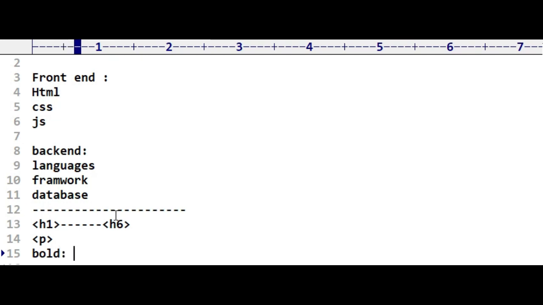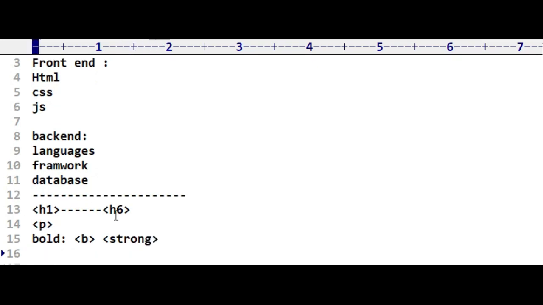The old way is b, and the new way is strong. So this we have already discussed, so I am revising it in short. And for italic we use i, and the new way is em.